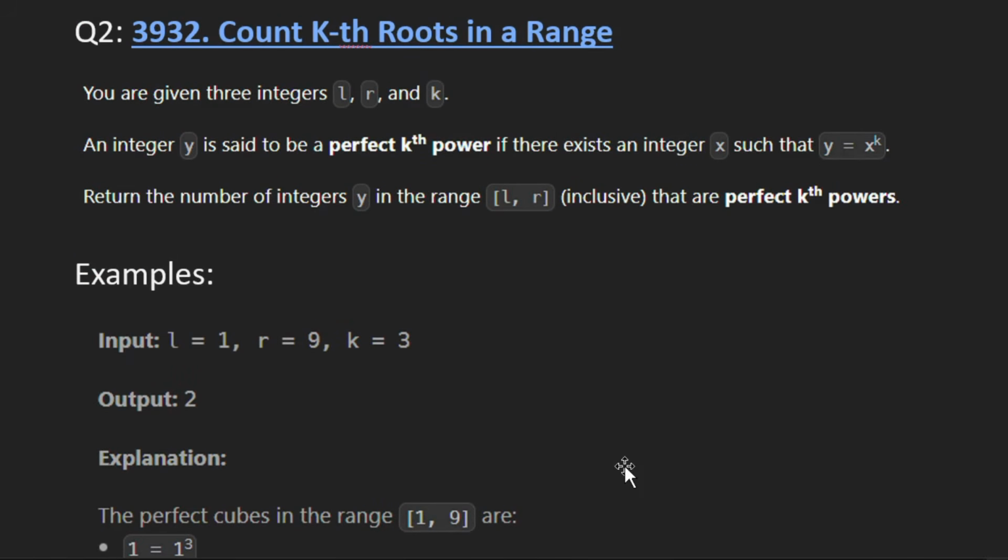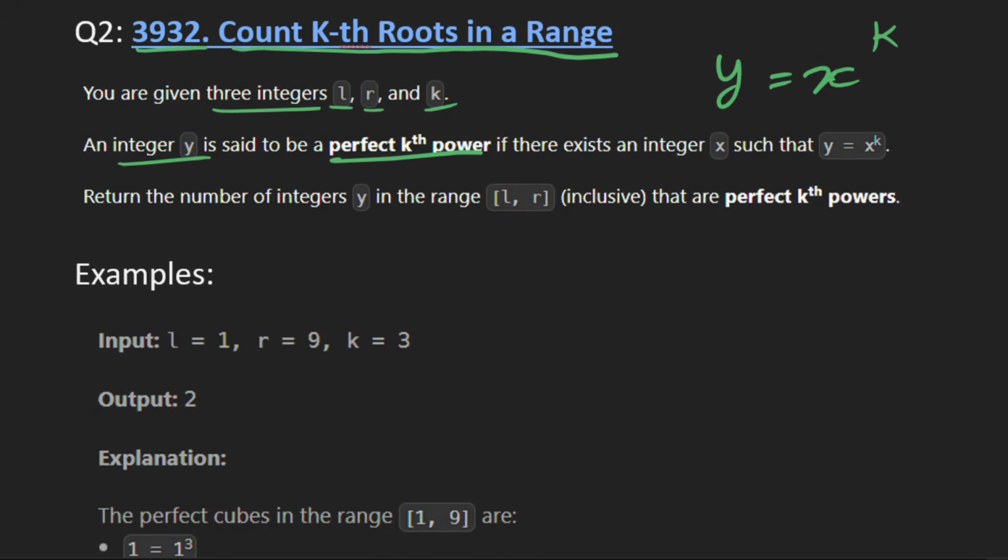In question number 2, which is LeetCode 3932, the name is count kth roots in a range. Basically in this question we are given three integers l, r and k. An integer y is said to be a perfect kth power if there exists an integer x such that y is equal to x to the power k, then this y is called a perfect kth power, right?